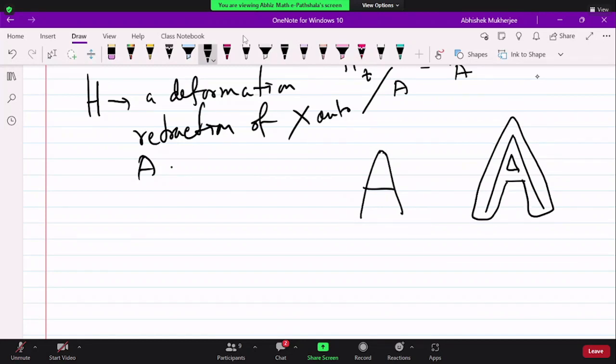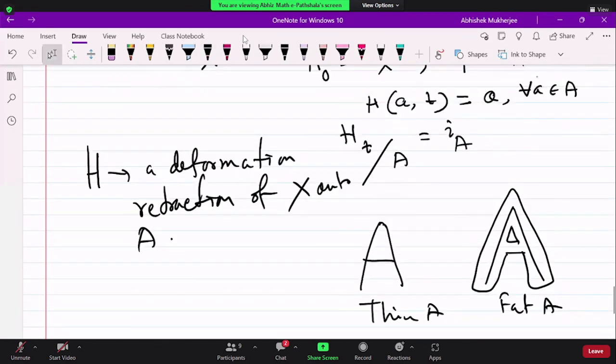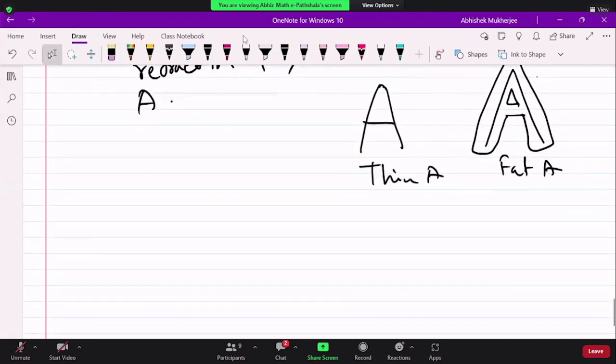So this skeleton A is going to be a deformation retract of this fat A. Okay. So that means if you look at this H, this defines a retraction. What is that? So remark